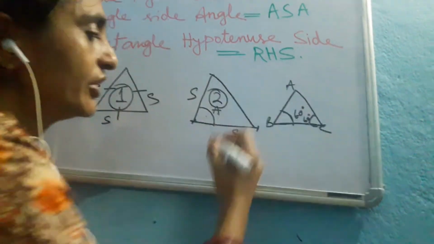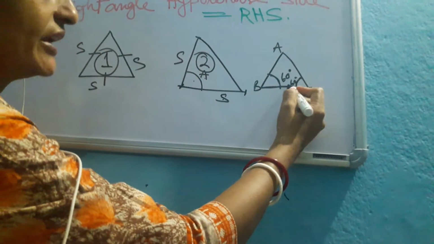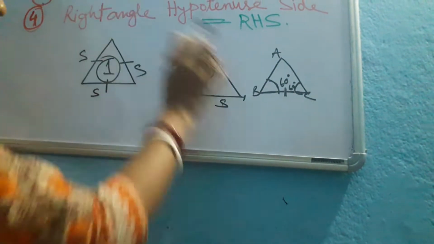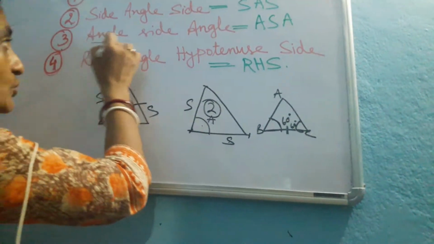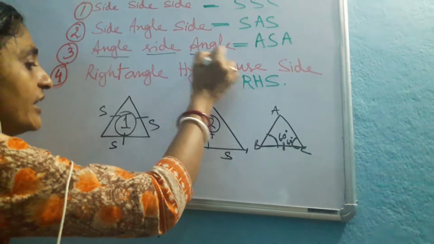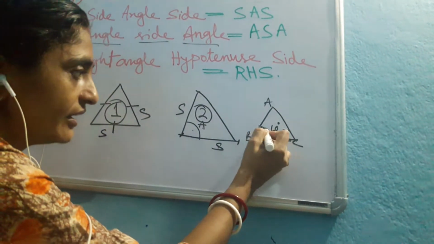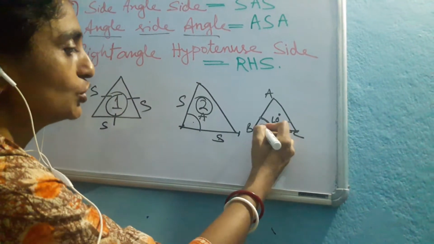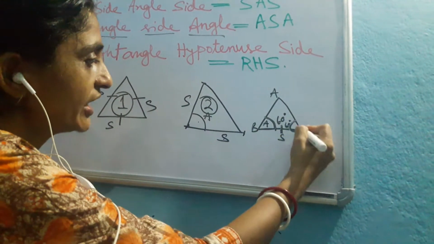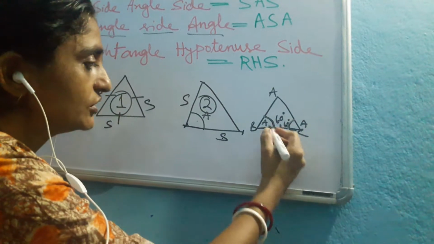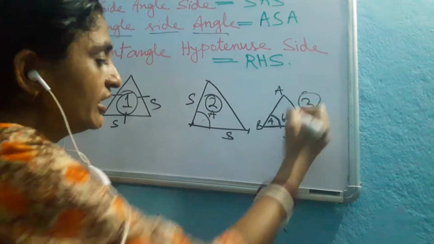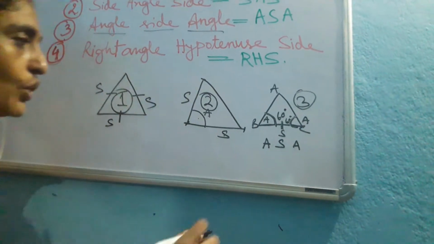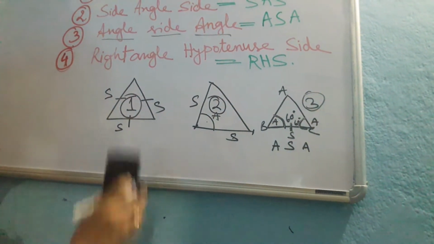These two angles have been given, and one included side. Suppose this one. This is the BC. This is the included one, because you have to always follow the sequence. First angle, then side, then angle. So this was the angle you have taken, then side, and this is the another angle. So what you have got? Angle, side, and angle. So this is the third criterion you are getting here, that is angle, side, angle. Okay, third one is over. Let's come to the fourth one.